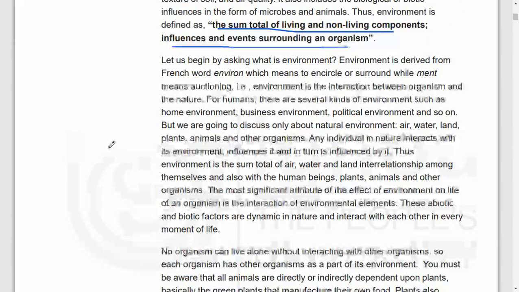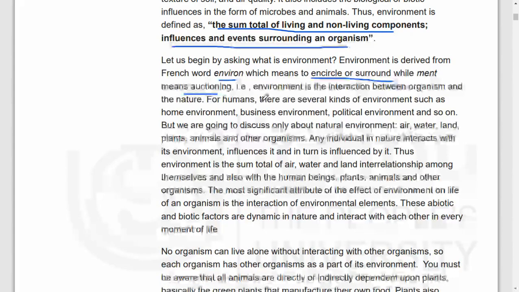Let us begin by asking, what is environment? Environment is derived from the French word environ, which means to encircle or surround. Environment is the interaction between organisms and their nature. For humans, there are several kinds of environment such as home environment, business environment, political environment, and so on. But we are going to discuss only the natural environment: